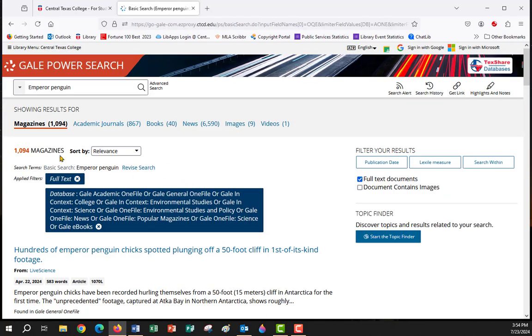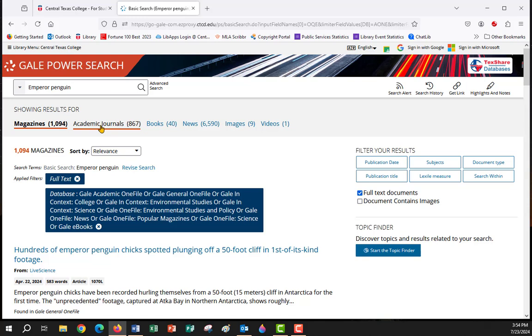this is going to give me magazines, academic journals, ebooks, newspaper articles. There'll be images and videos. Now, these are all the databases that are open. If you do not want to go browsing through all 1094 magazines, you can come over here and filter